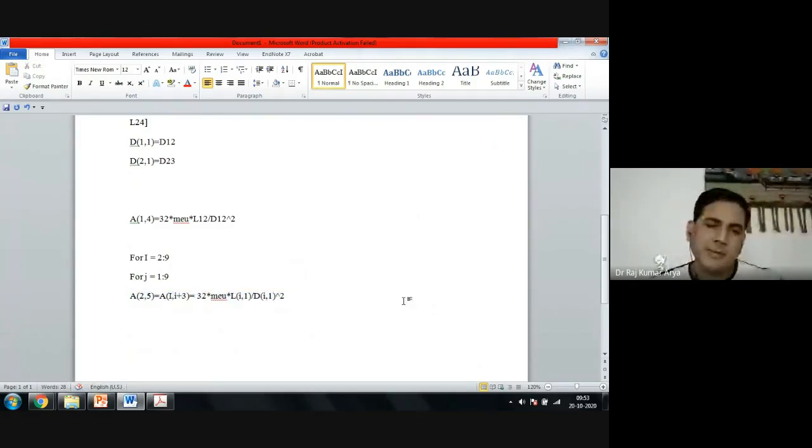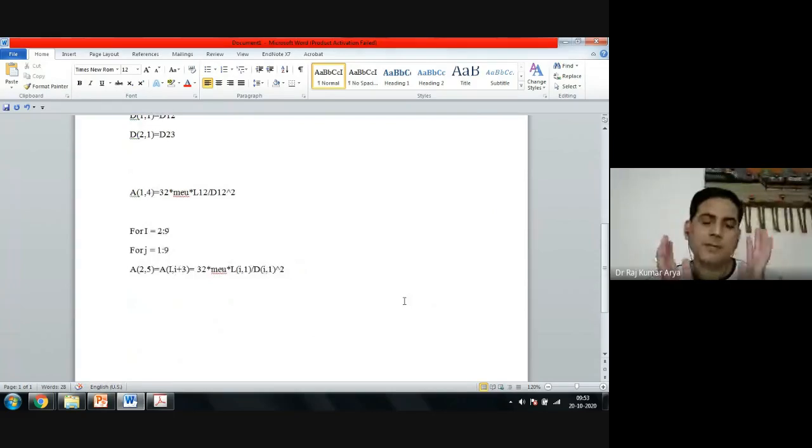How can you think it? First, you write in terms of numbers. Then you try to correlate them with respect to I and J. Try to think whether you can serve the purpose with only one loop. If one loop is sufficient, don't go for two loops. You can see from here, initially I wrote I and J, right? But I am just formatting it that way. I don't need a J loop here, right? I'm just adjusting everything with the I loop only.